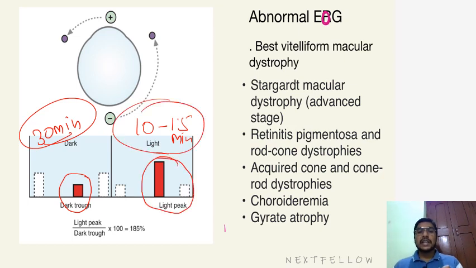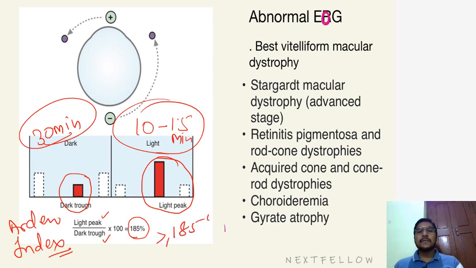The ratio of the light peak and the dark trough gives a figure, which conventionally we call the Arden index. However, this is not the exact true term, as has been proven nowadays, but you can just say Arden index. If it is 185% or more, that is 1.85 or more, it is normal,